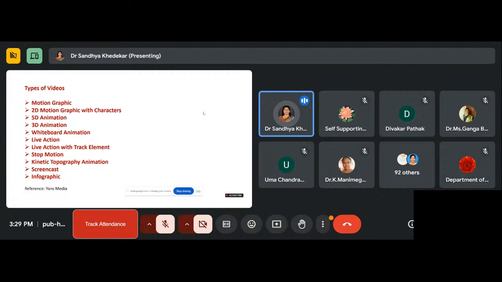So these are some of the types of video you can see on the screen. With the help of motion graphics, 2D motion graphic with character, 5D animation, 3D animation, whiteboard animation, live action with track element, stop motion, kinetic topography animation, screencast, and infographic. So these are some of the examples of types of videos we can create